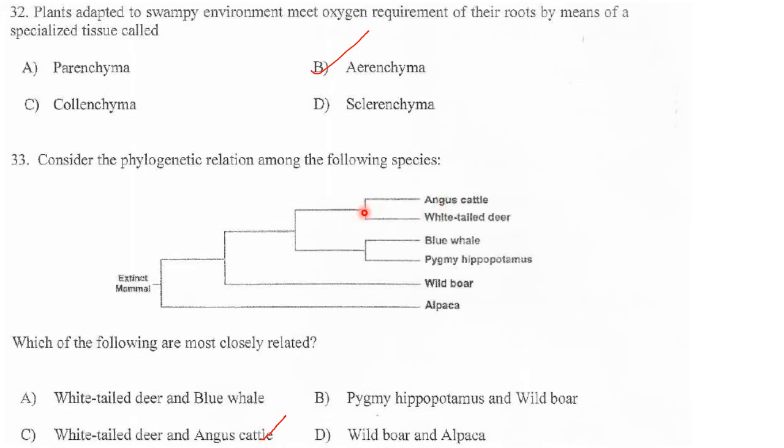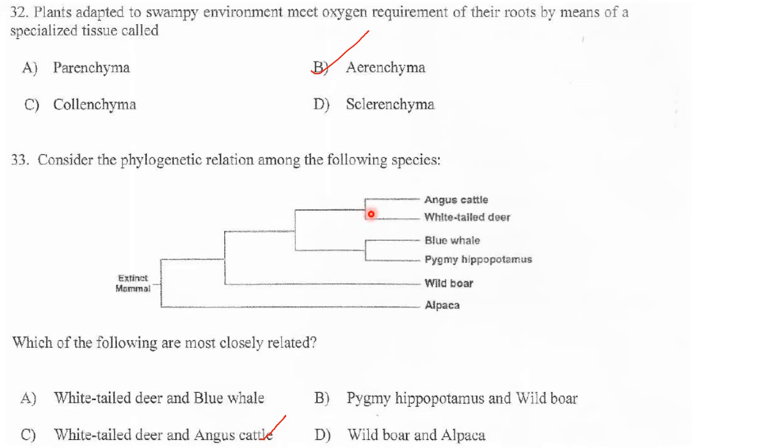Now each branch point here represents a divergence, or splitting apart, of a single group into two descendant groups. So this branch point shows a divergence, that is, these two animals originated from this particular ancestor. That is what is shown here. And at each branch point lies the most recent common ancestor